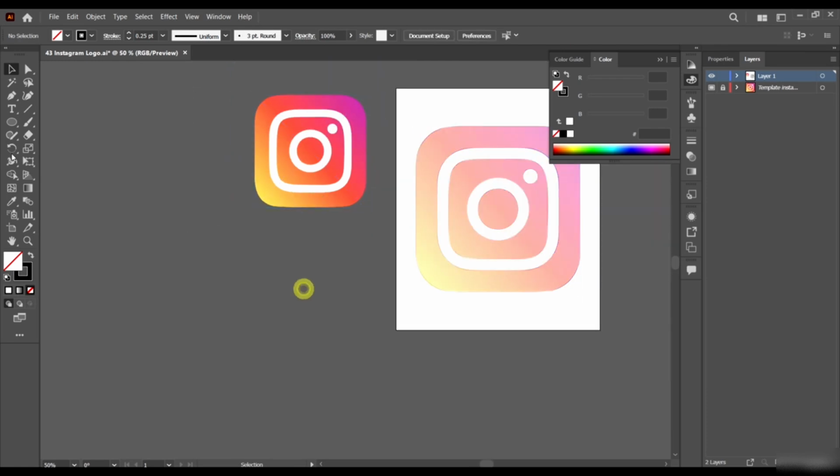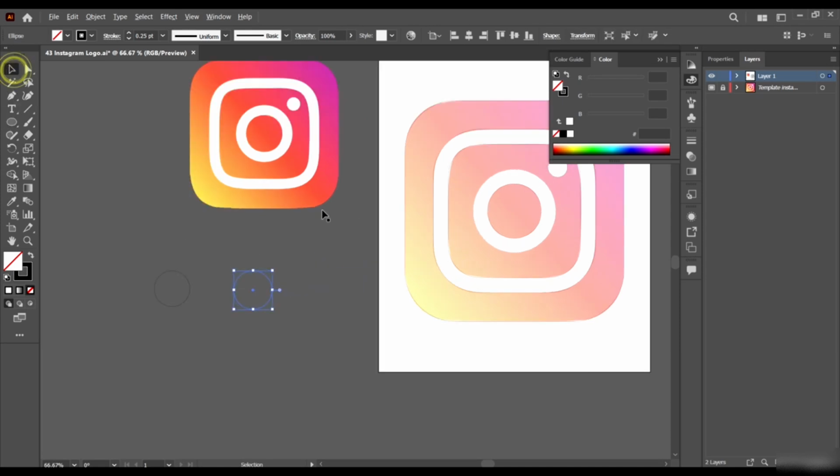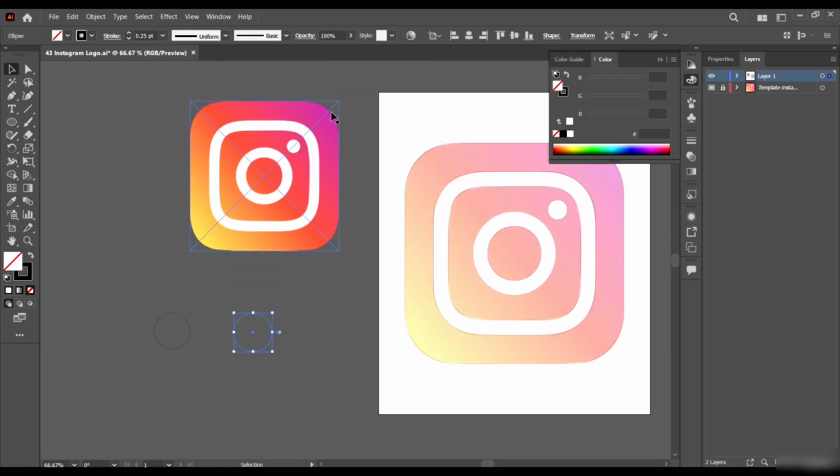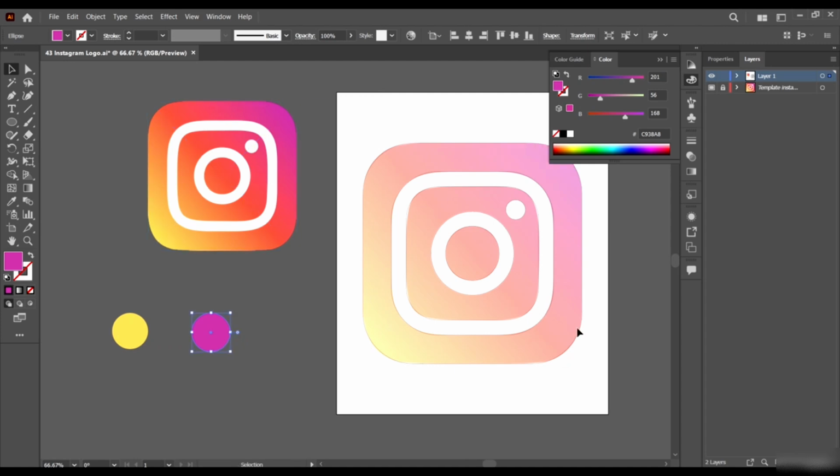Now the next thing will be to sample our colors. So just create an ellipse with these colors. We have two colors here, we have this guy, we have this guy. So select the first ellipse, use your eyedropper tool and sample the edge like this. And select this guy, eyedropper tool and sample the top like this. I don't think we need to sample anything here, as it's supposed to blend both colors to give us this color in the middle. So let's just try it out now.